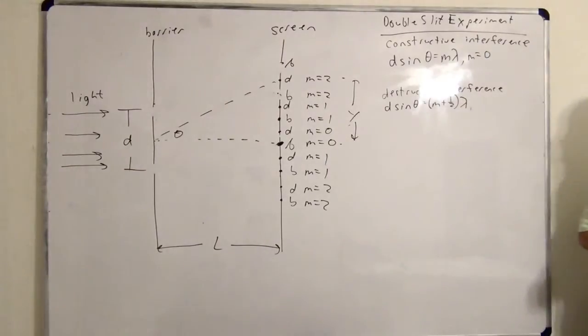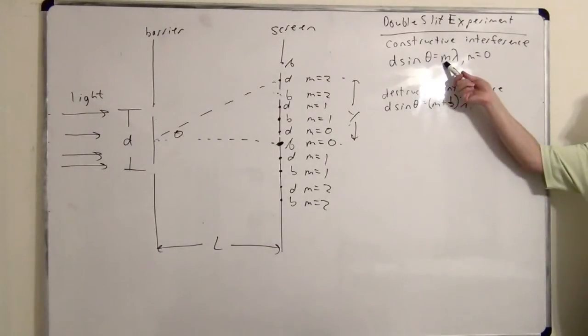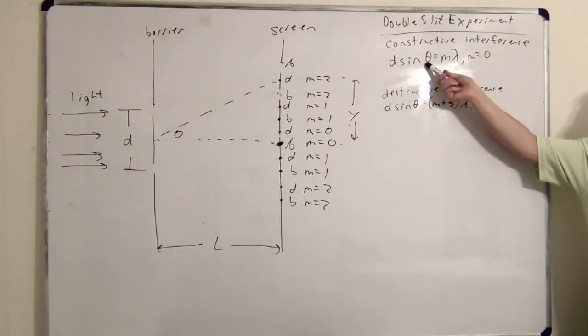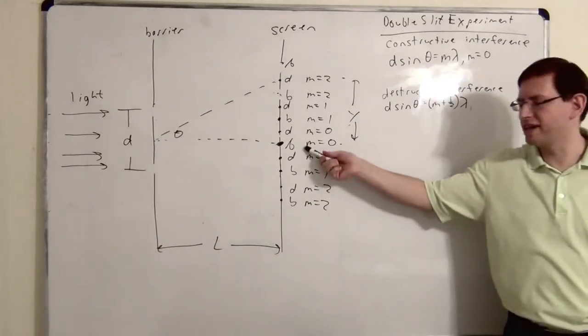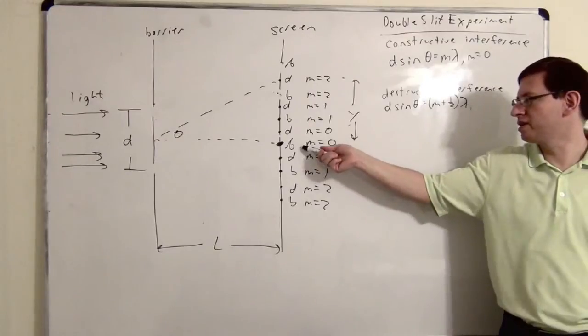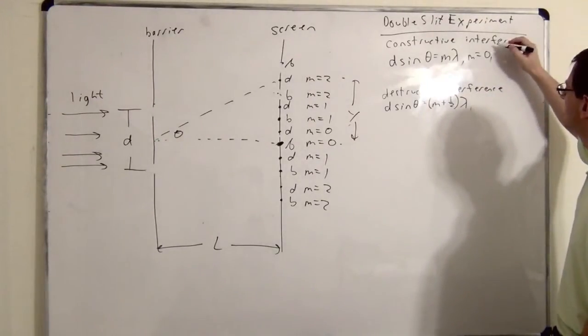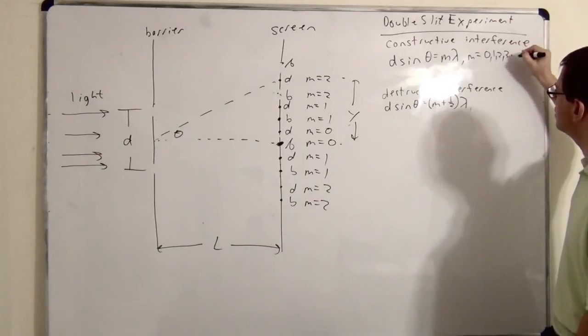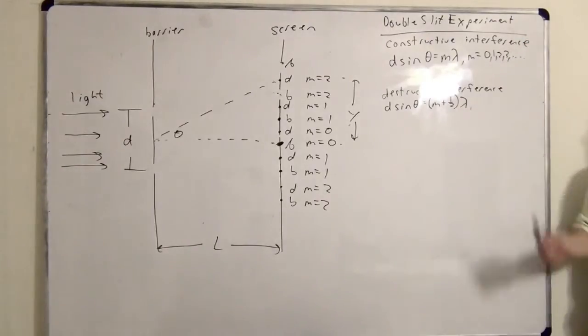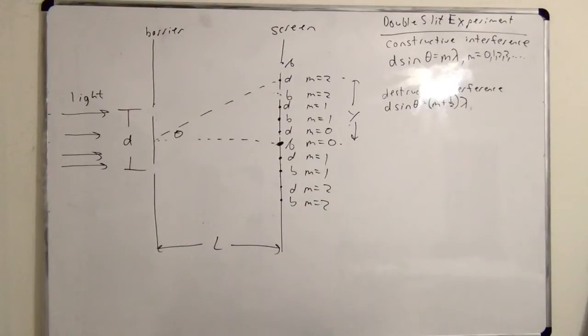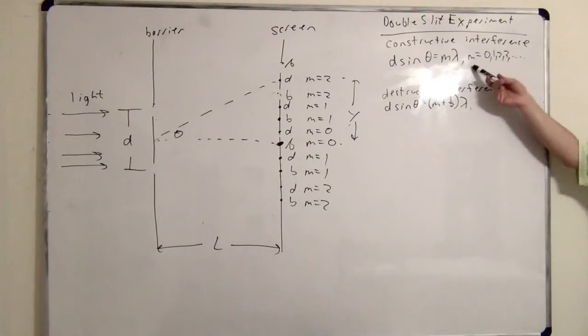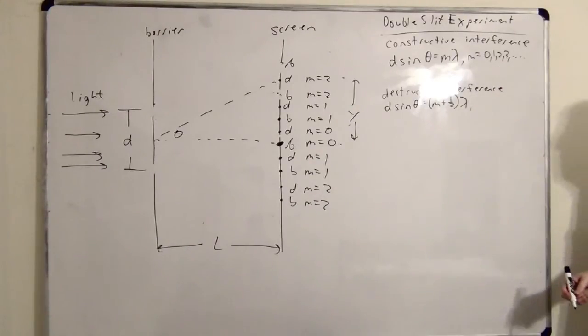Does that really make sense? Let's see. So if m was 0, what would theta turn out to be? 0. Yeah, because the sine of theta is 0. Well, we already said that's what we want. We want this central bright spot to be here. So it makes sense here for m to be 0. And what would be the next m? 1. And then 2, 3. M is what's called an index. So it's important whenever you write this equation to also write the possible indexes.